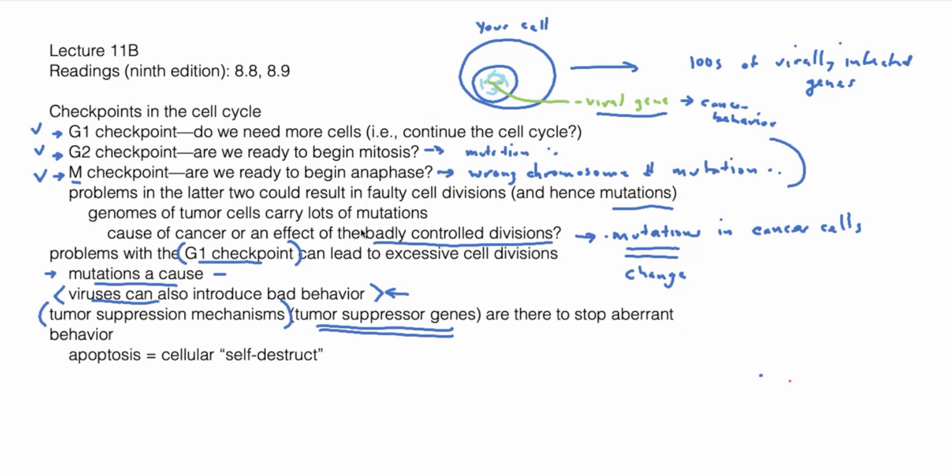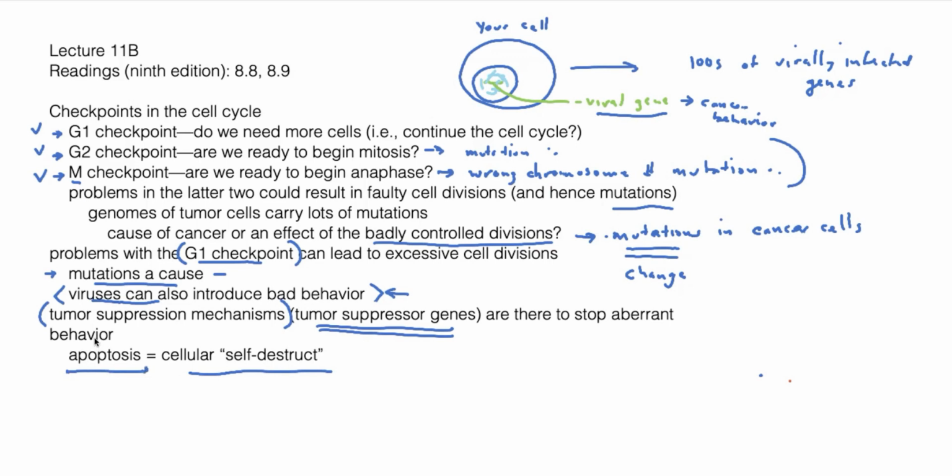So maybe you have a mutation that caused your cells to not behave properly. They don't follow the rules and they don't go into the G0 phase at the G1 checkpoint. Your cells can tell, okay, this cell is behaving badly. I want that cell to either stop dividing, and you could just arrest the cell and say, okay, that's enough for you. You're not allowed to divide anymore. Or we have a more spectacular form of control of these badly behaving cells. We've got a cellular self-destruct button: programmed cellular death. It's called apoptosis.